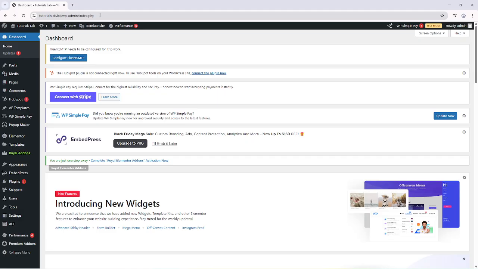level. First, go to your WordPress website dashboard and log in. Make sure you're entering your credentials correctly to access the back end of your site. Once you're logged in, you'll see the main WordPress dashboard with all your site management options displayed on the left